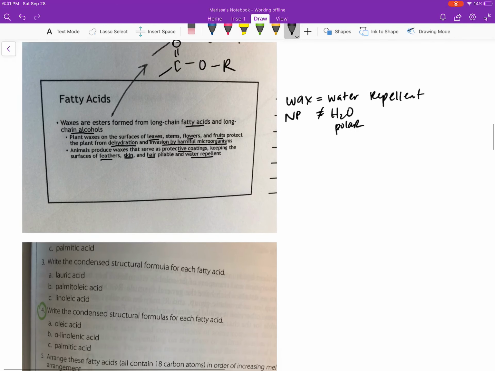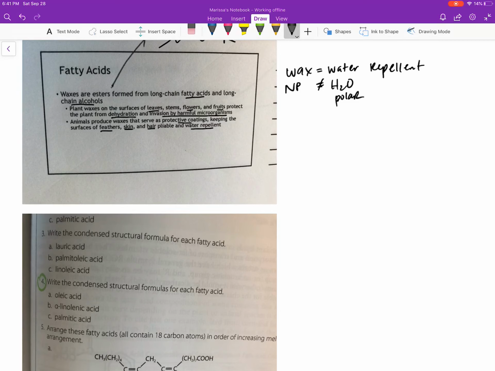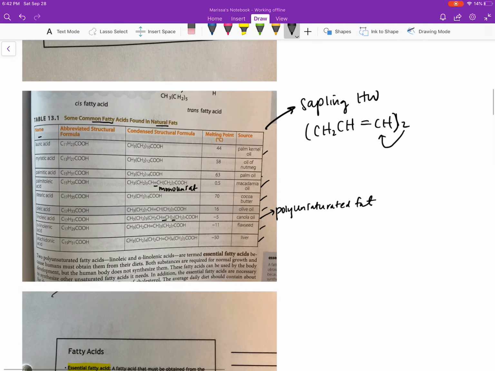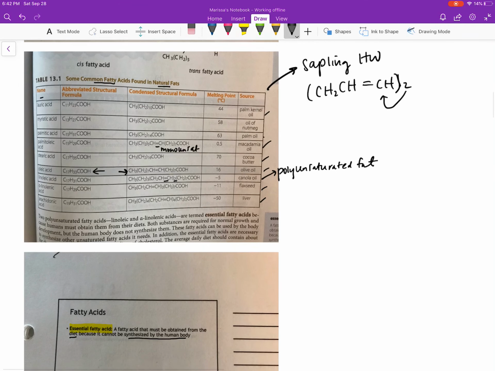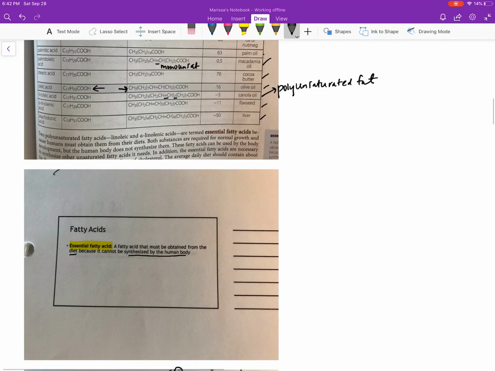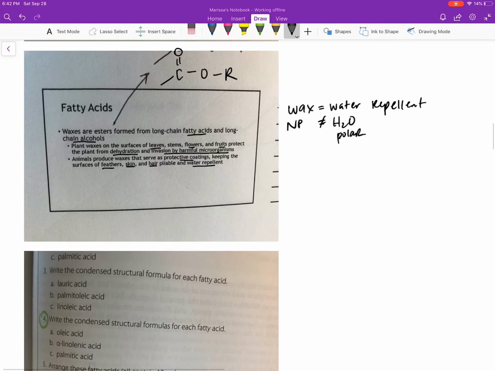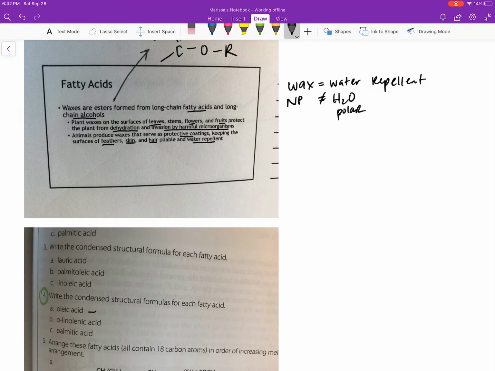All right, so in Sapling, it's going to ask you to do some things like writing the condensed structural formula for each fatty acid. So if we think about this, we have oleic acid. Let's see if it's on our table up here. It is. This is the structural formula, and this is the condensed structural formula right there. So if I was on Sapling, one of the things I would want to do is to write the condensed structural formula for oleic acid. And it's given